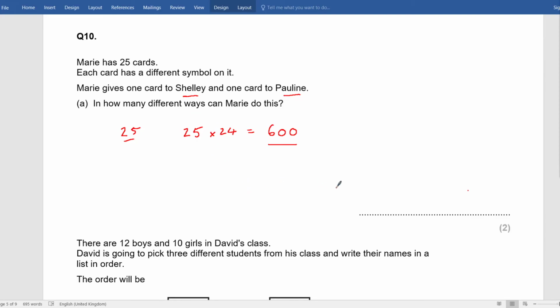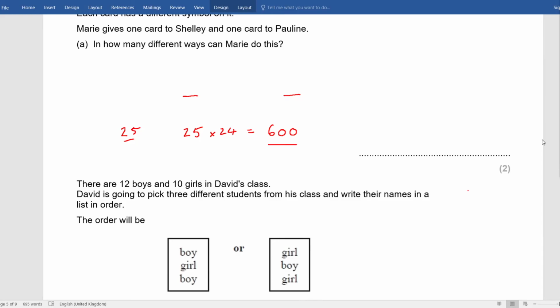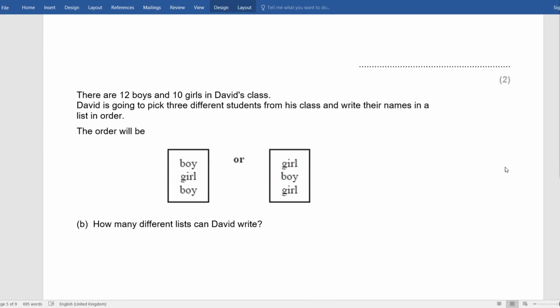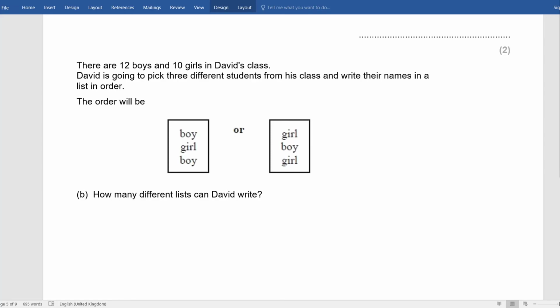Okay, so let's just slightly scroll down from here. Okay, let's just clear that and scroll it down. Here we go. Second part. There are 12 boys, 10 girls in David's class. David is going to pick 3 different students from his class and write their names in a list in order. The order will be boy, girl, boy, or girl, boy, girl. How many different